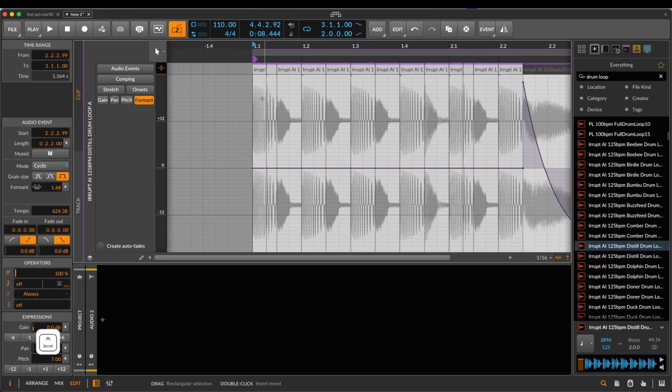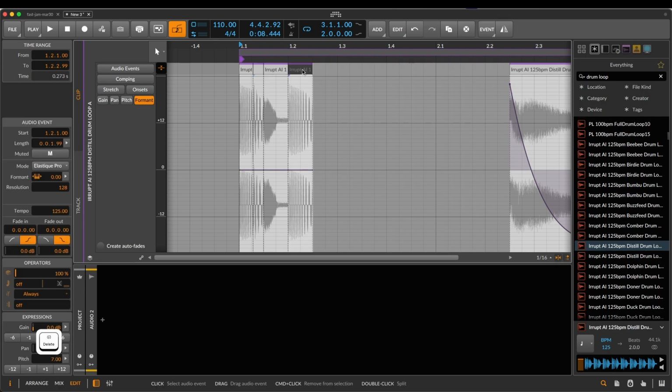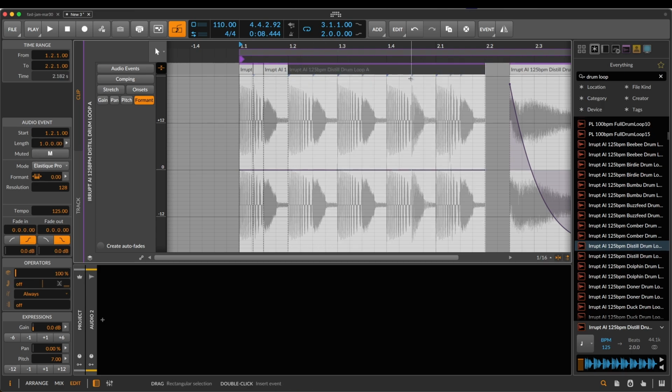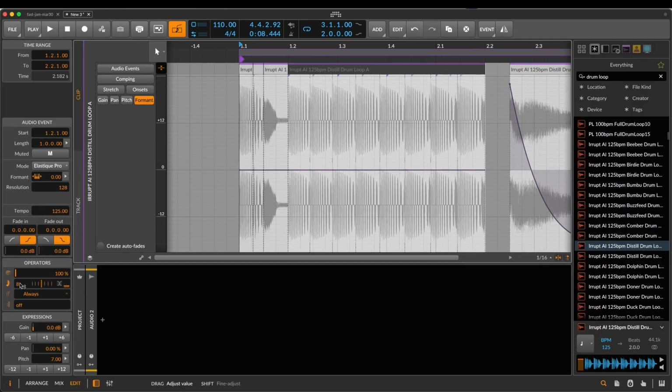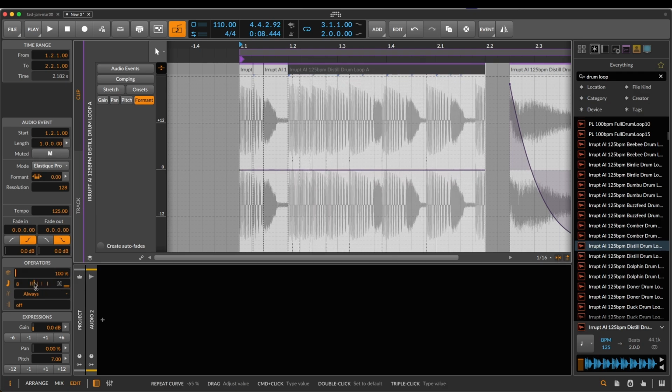So on that note, there's also this thing called operators. You've probably heard of all of this, but I just wanted to jump into it because I think it's kind of interesting. Like if I want to add repeats with operators, I can do that too. So I can go here, go into my operator, add repeats. What am I doing wrong here? Oh, yeah. I can add repeats, and I can do that kind of exponential effect on that too,